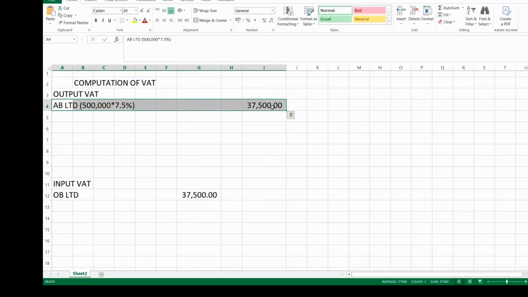AB is selling the item to OB Limited. That means AB is going to collect the VAT, while OB is going to suffer the VAT. So to AB it is output VAT, while to OB it is input VAT, because it's the same transaction. On the same transaction also, they now say OB Limited uses the raw material to produce goods